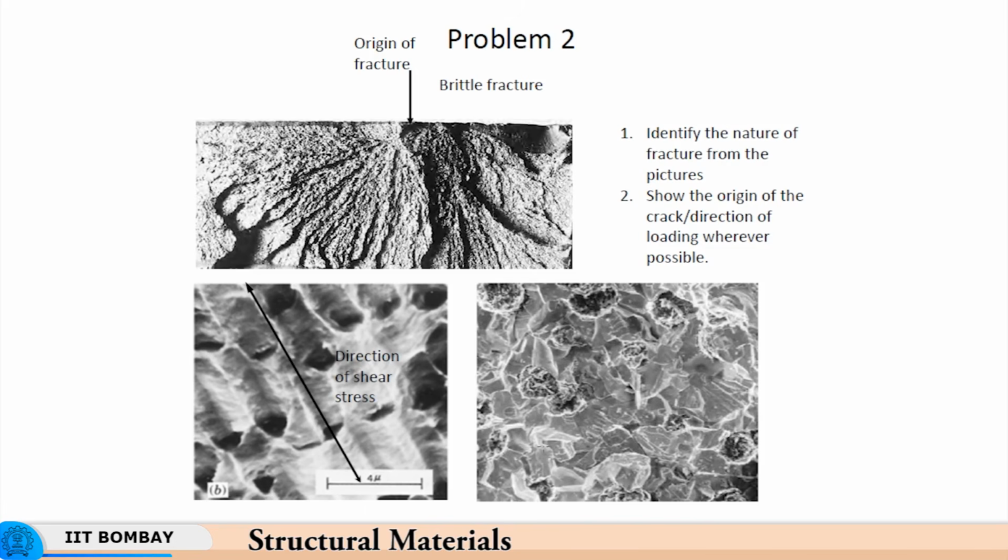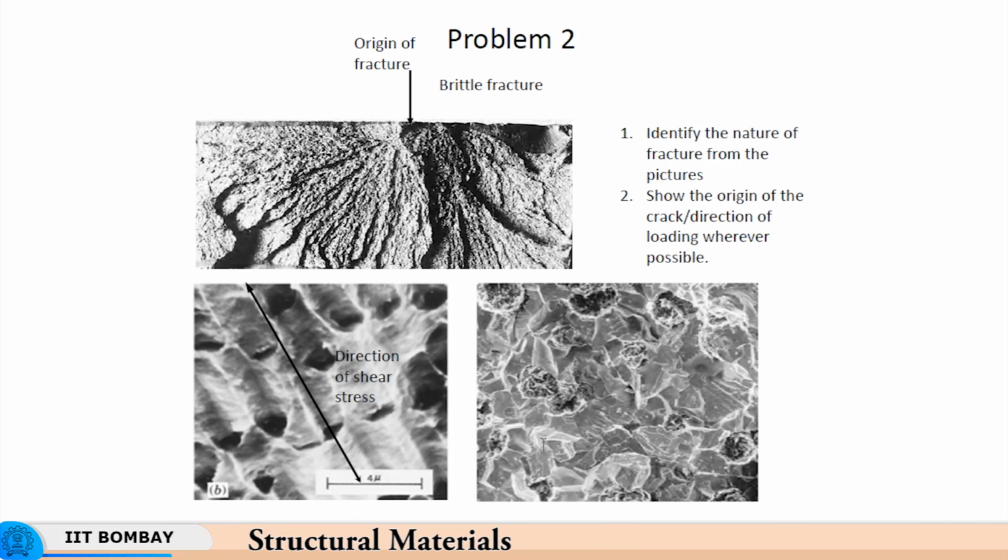Next thing we observe is that not much energy is absorbed during this fracture. So it's more of a brittle fracture because you have mostly planar surfaces. What you find is that there is not much ductility, not much strain energy absorbed, not much plastic deformation undergone by the material before the crack completely propagated and the two halves became separated. So here, due to the planar surfaces and relatively faceted structure, one can call this a